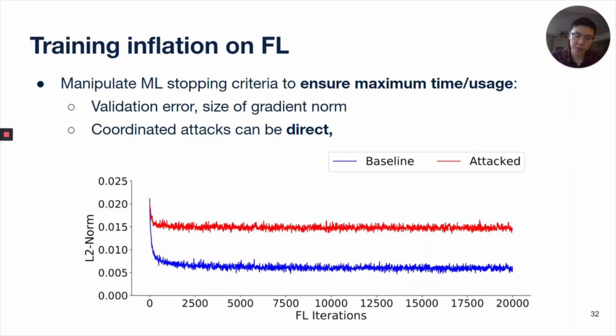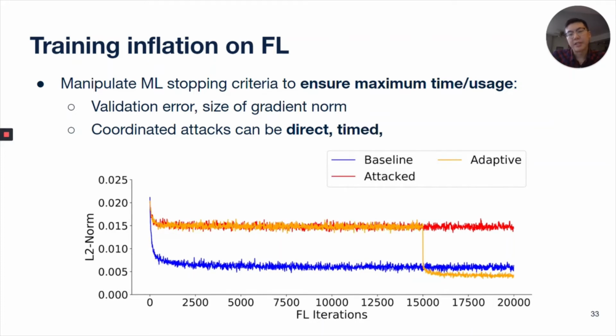But we also show in our paper that the validation error, and various statistics used to define early stopping criteria in a machine learning setting, can be manipulated. Sybils have the ability to join the system and manipulate these metrics to arbitrarily extend the length of the training process. For example, this can be done very directly and throughout the entire training process. Sybils could collude ahead of time and decide to stop performing this attack once they're satisfied with the duration of